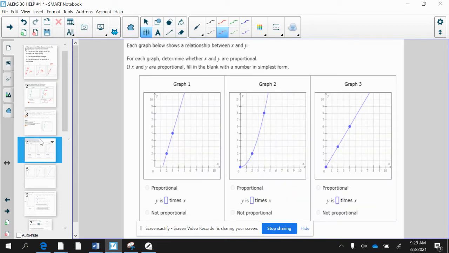This is going to look similar to the last one, but it is going to be different. Let's take a look at graph 1. This does not go through the origin, does not go through 0. It would have to go through 0 to be a direct proportion. And we can kind of see here that when x is 2, y is 2. When x is 3, y is 5. And when x is 4,